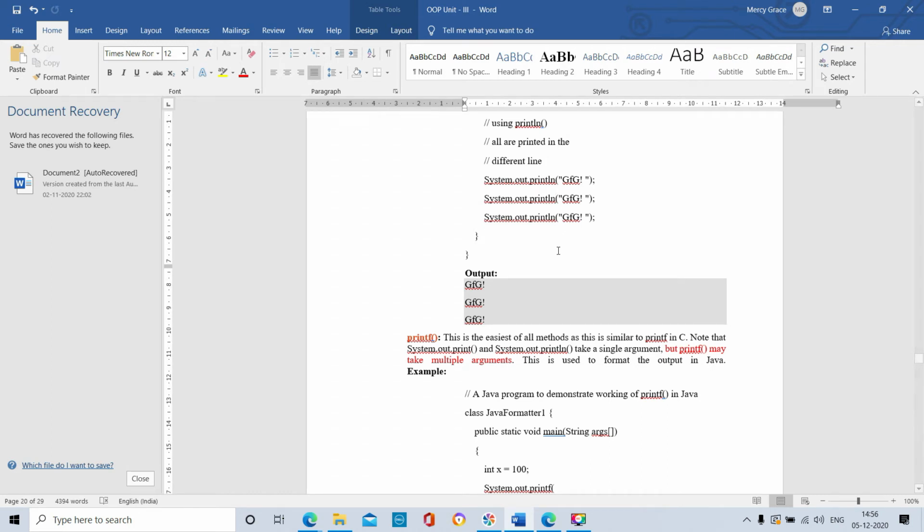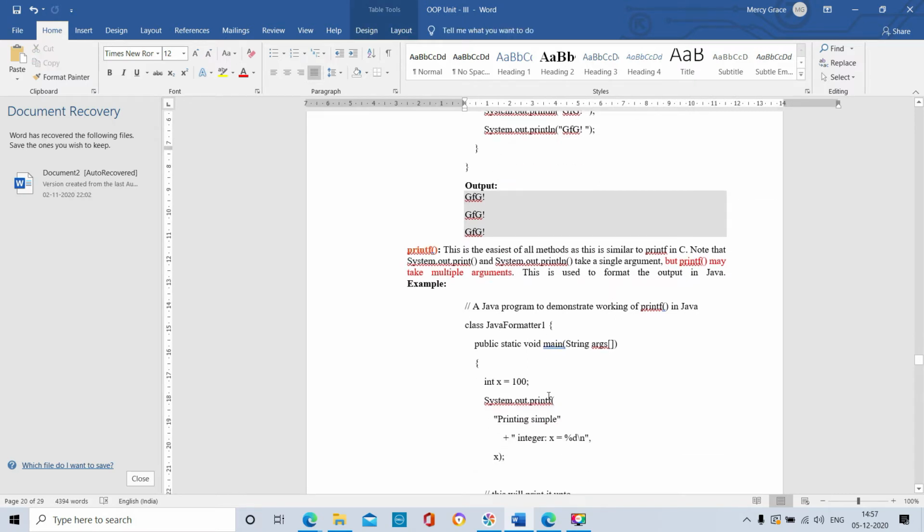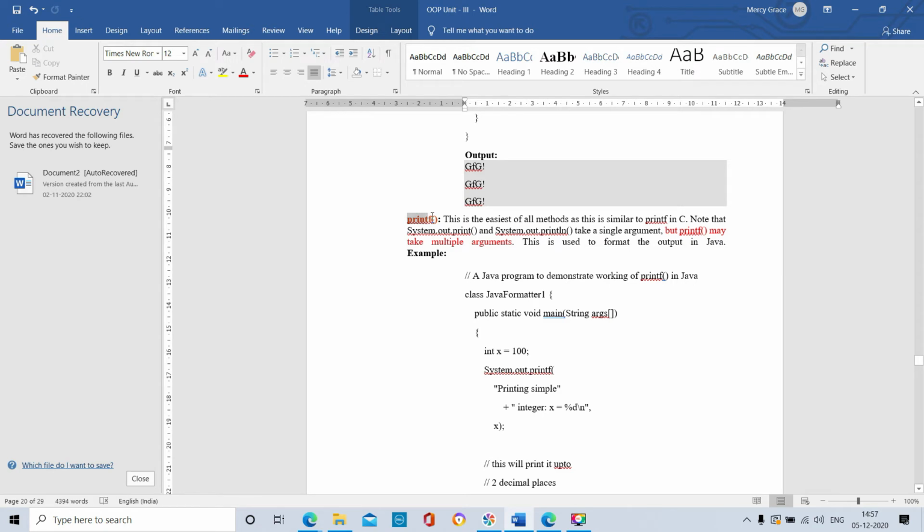After printing the first output, the cursor will move to the next line to print the next output. Again, after printing the second output, the cursor will move to the third line to print the third output. If we use the println method, the cursor will move to the next line. So the next method is the printf method.